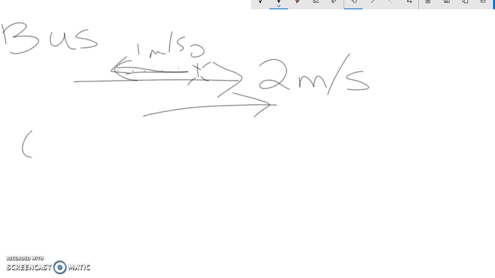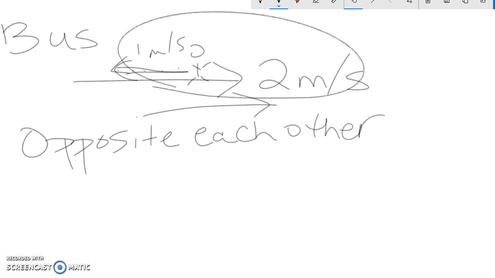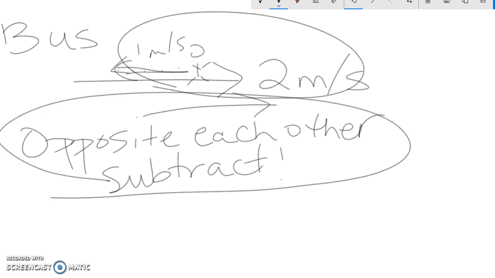Okay, so when they work opposite each other, what do you think you'll do to these velocities to get a net velocity? If you guessed that you would subtract them, you would be correct. Okay, so when they're opposite each other, you're going to subtract. I would make sure you put that. Okay, so if we take 2 meters per second minus 1 meter per